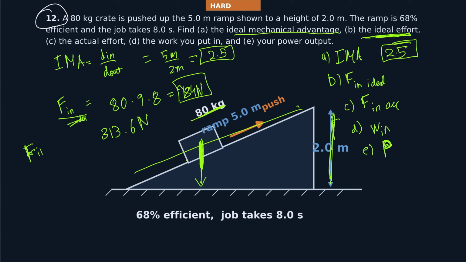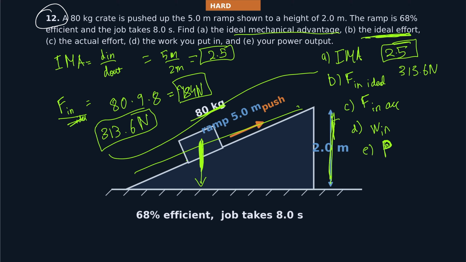Because force in over force out must be equal to distance in over distance out. Then you can just use this ratio. You know IMA is this. You can substitute in and find your values. Okay? So then what are we going to do? Oh, actually I wrote it wrong here. Force out over force in is equal to distance in over distance out. Alright, so it's a bit hectic here, but that ratio is also true, but this is the one we use for mechanical advantage. Okay, this is our B,